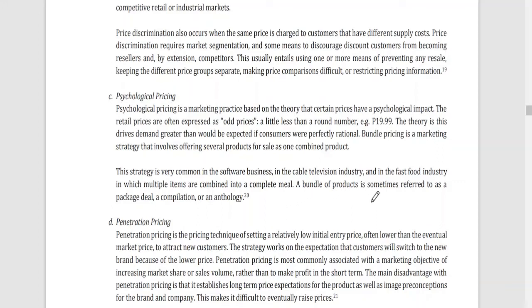A bundle of products is sometimes referred to as a package deal, a compilation, or an anthology. Sometimes they would also add to a bundle or to a basket price items that are not really saleable, kanang dili siya halinon gud kaayo para jud ma-dispose tong nga product. So bisag dili ka tigamit ani, for example namaligya og shampoo unya gibandulan niya og conditioner unya dili gid ka tigamit sa ilang conditioner, katulad yung shampoo unya kay nagbundle man siya niya gingon dito nga save blah blah blah,